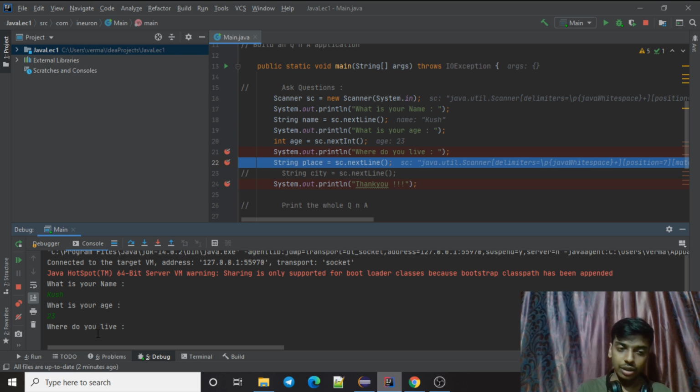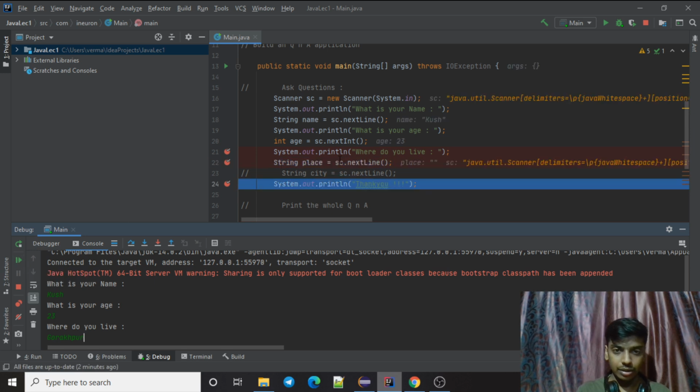So in our code, when it was running, it was not stopping. Right now it's stopping, not because of the code, but because of the debugger, right? So even if I do give input something here, ideally this should be loaded to place, and it should come to this point. Also, if you wanted to see, I'll just resume it. Okay, so it ran this code, it came to this line.